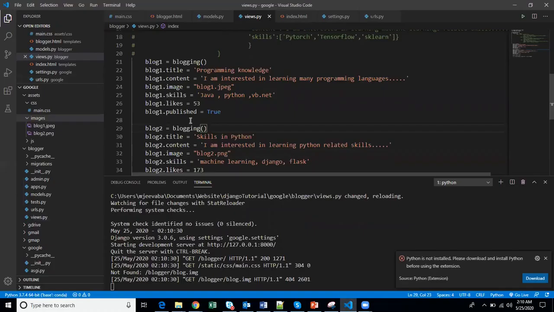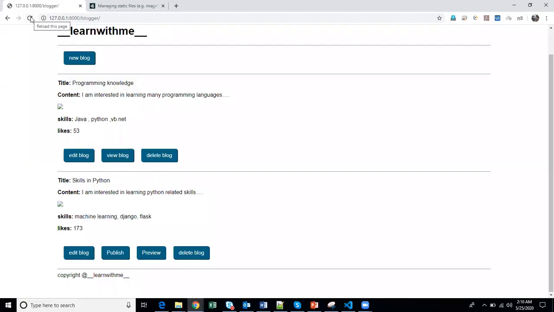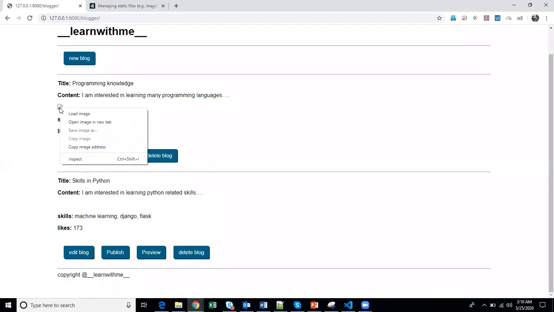Let's see whether it's displaying. It's not, but it won't, obviously. For that, we'll have to call this, right? So as usual, we'll call maybe blog.image. Will it work? It didn't work. Let me check what the problem is here.